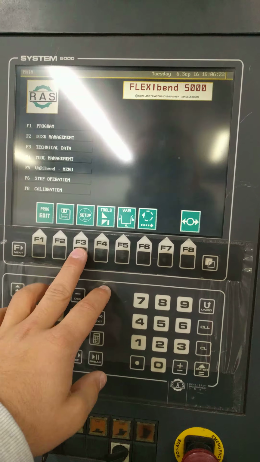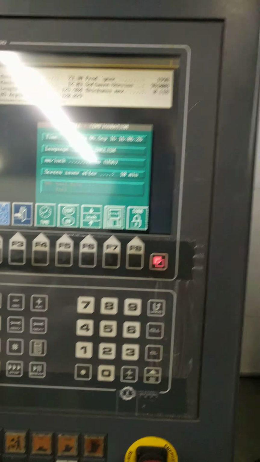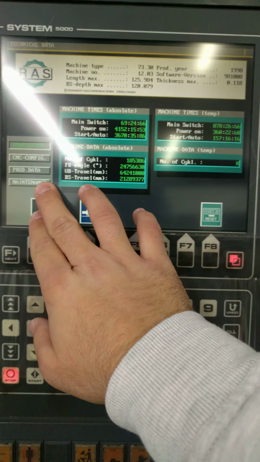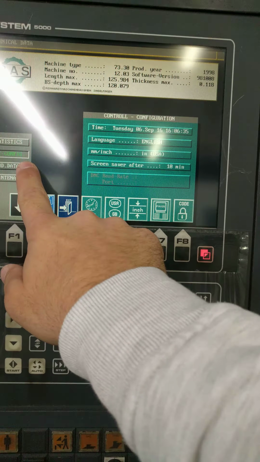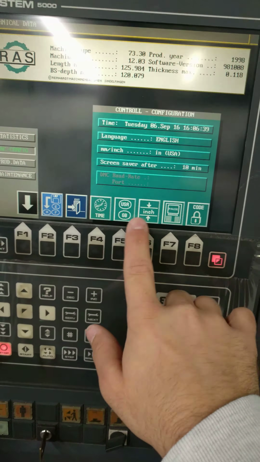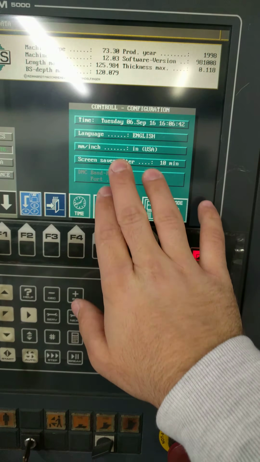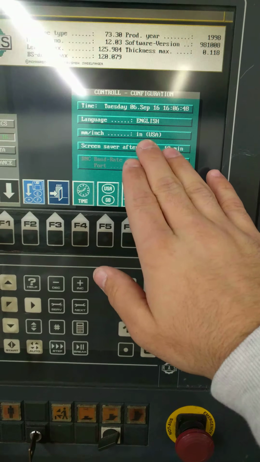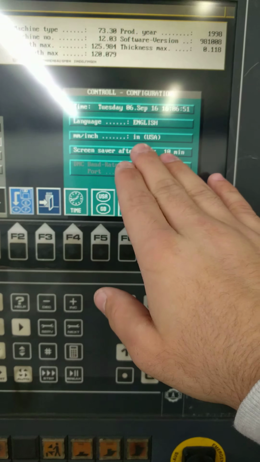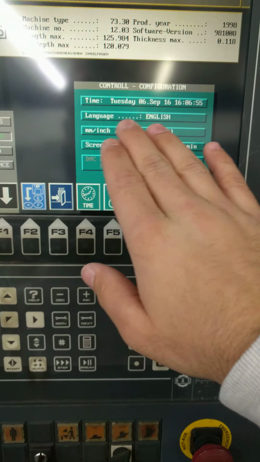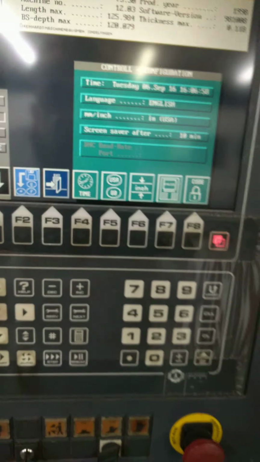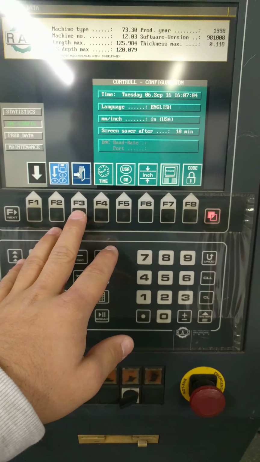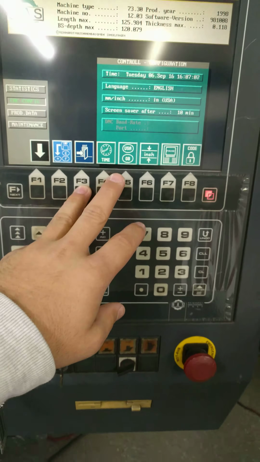language. The way you change the language is you go to F3 setup, and here you would see CNC configuration. You would start with statistics, and you would scroll down to CNC configuration. And right here, F5, you see the control configuration. You see the time, you see the language, and you see the millimeters, or is it in inches. And you want to make sure that you're in inches if you are located in the US, and you want to make sure your language is in English if you are an English speaking person. Time, I usually tell people not to worry about it,